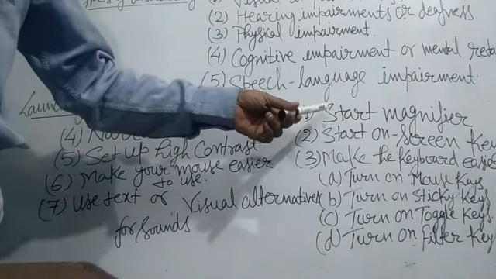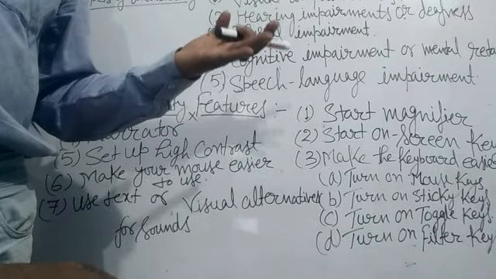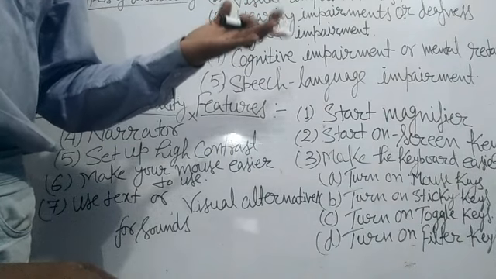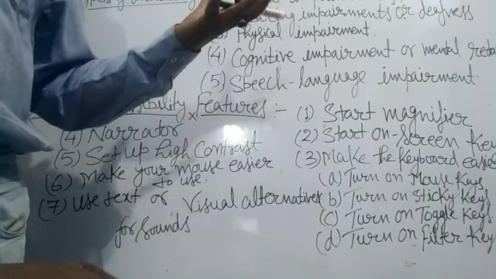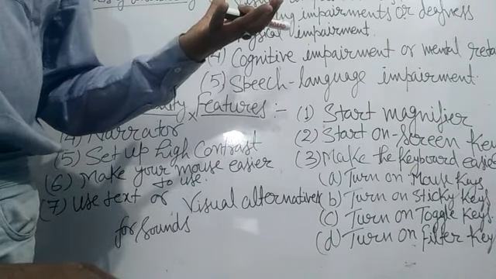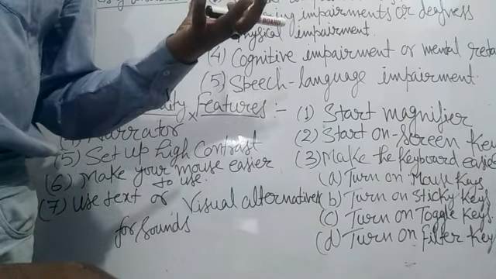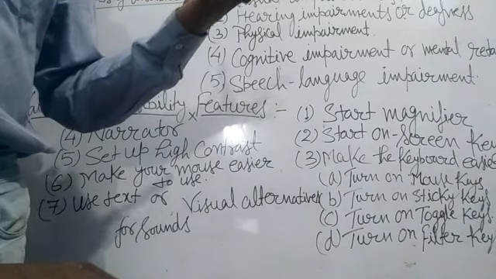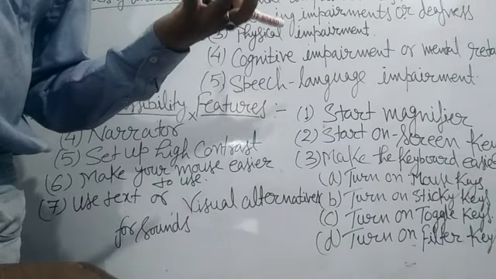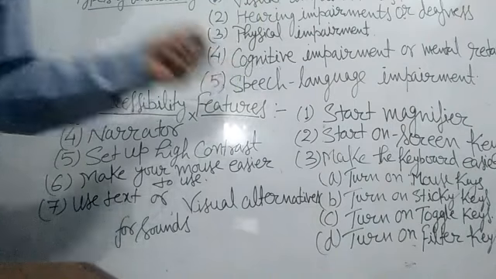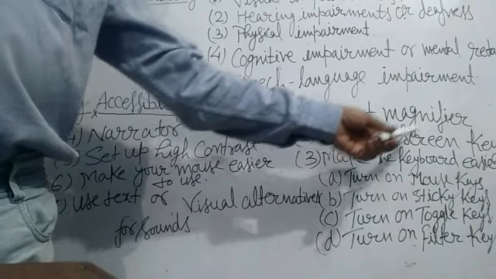Here is the first, start Magnifier. What is the role of the magnifier? The magnifier feature is used by people who are visually impaired. It helps them to see part of the screen in large size, where they can view and read the computer screen clearly. Magnifier is one of the widely used tools in Windows, as it is used to zoom in on the screen. With this tool you can easily get a clear look at the text or images.